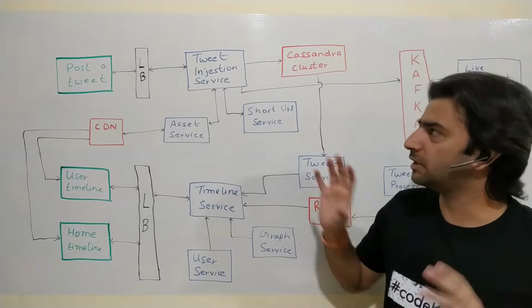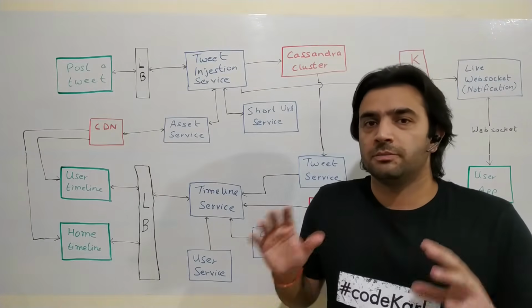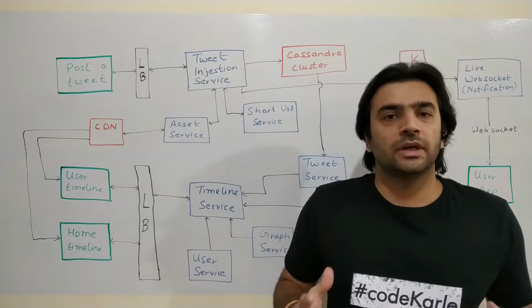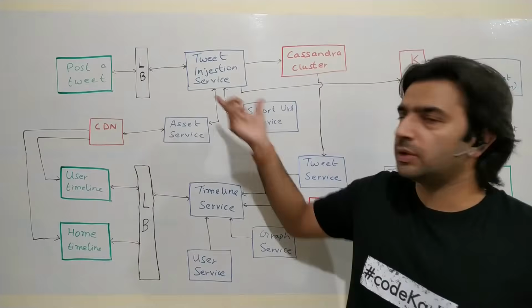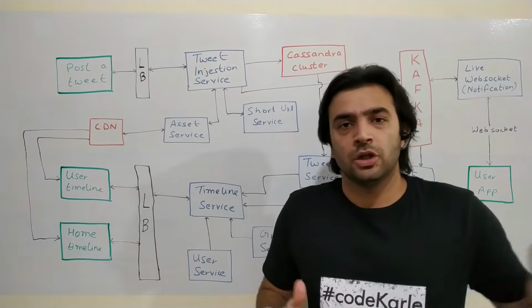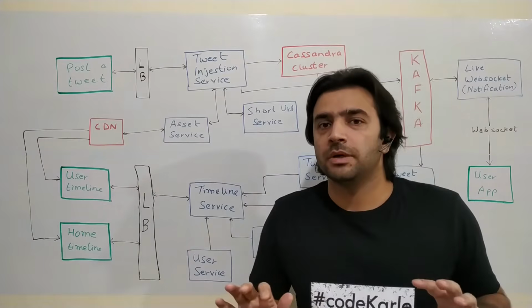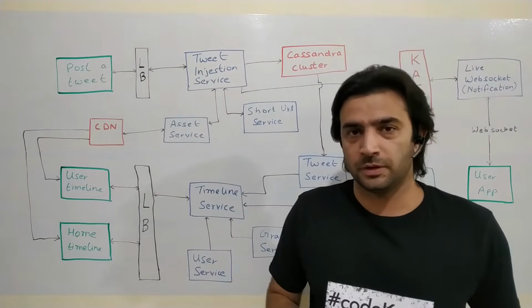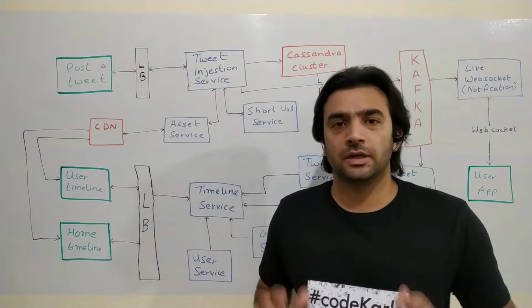Now, assuming we have these two components, all we now have to handle is storing the text of a tweet and retrieving it when we need to, right? All of that functionality goes within the tweet ingestion service. Each time a person posts a tweet, types a text and hits the submit button, that makes a call to this tweet ingestion service, which first of all stores it in a permanent data store.